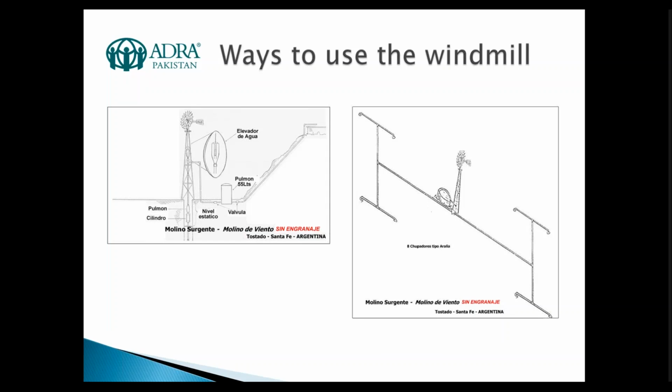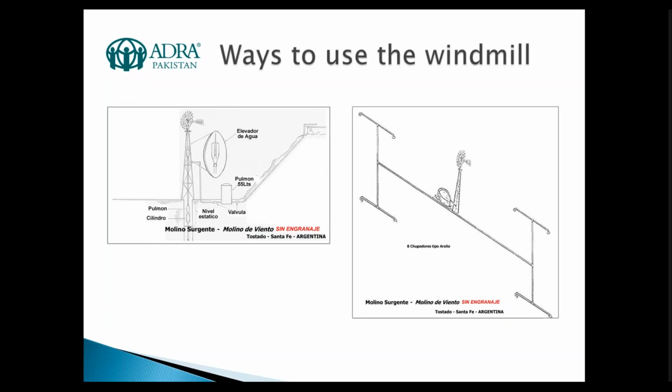In the right one, you can see in this case that one windmill is pumping water from different boreholes. In this part you have boreholes, in this case 8 boreholes. You can build a network in order to use one windmill for all those boreholes, which maybe are very small, meaning that you can get a little water from each, but in the combination of many of them, you can produce the water that you need for making maintenance.